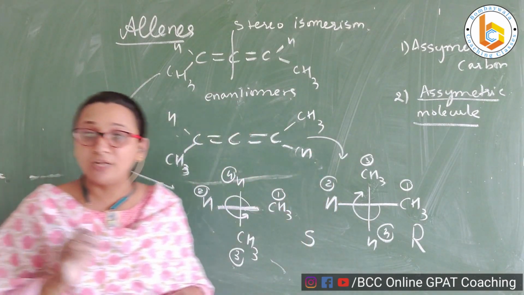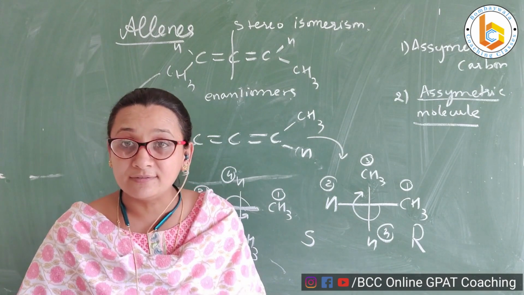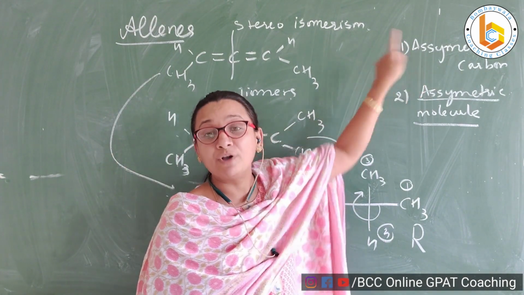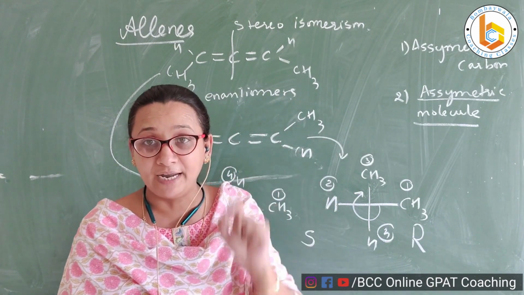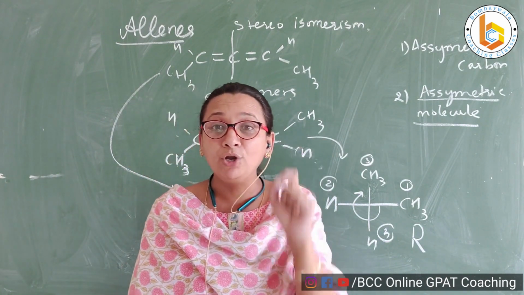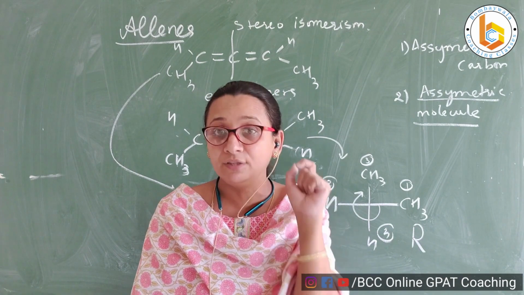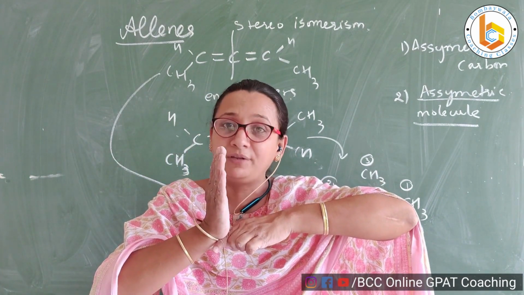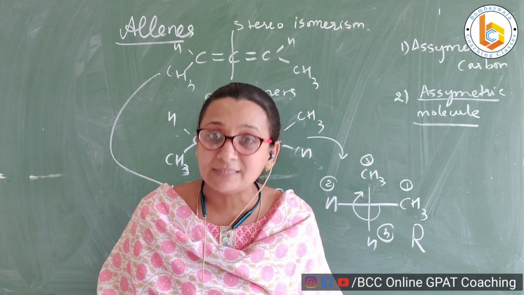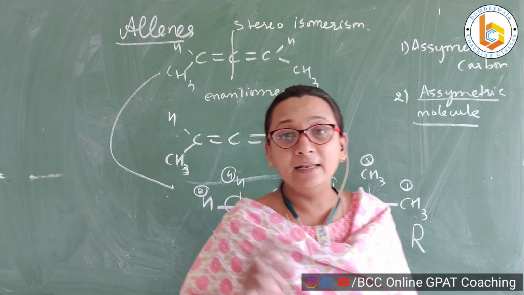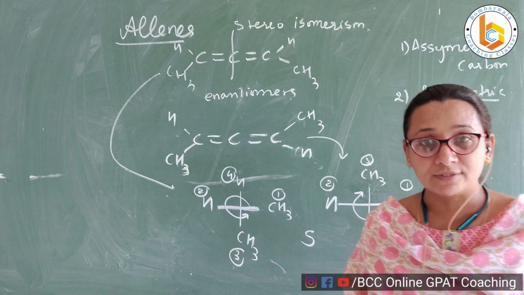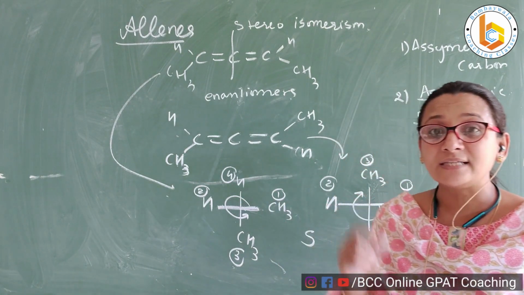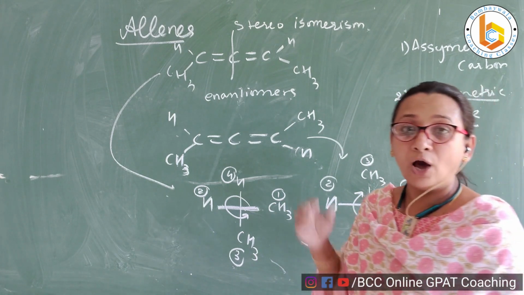So basically I am trying to tell you that it is not necessary for a compound to have an asymmetric carbon. What is most important in a compound is that there has to be molecular dissymmetry or asymmetry in the molecule. And here, because they are in different planes, there is no symmetry. They cannot be cut into two equal pieces. That is why allenes show stereoisomers. In this video, we also understood how to assign the nomenclature to allenes. How are we going to view?